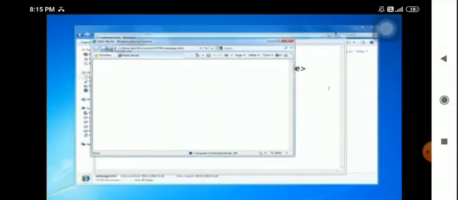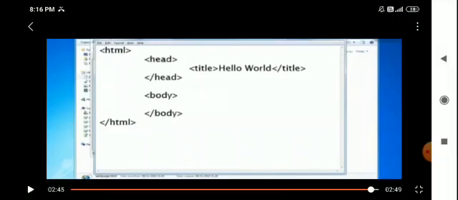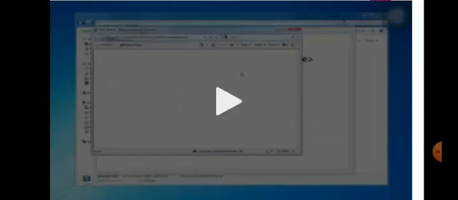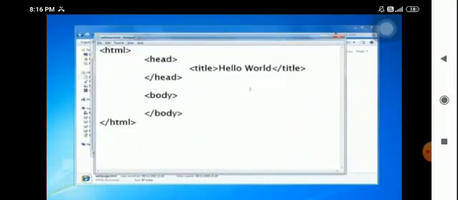In the next slide I will show you after the body. Now we want to add some content to the page. So where will we write content? In between the body section.